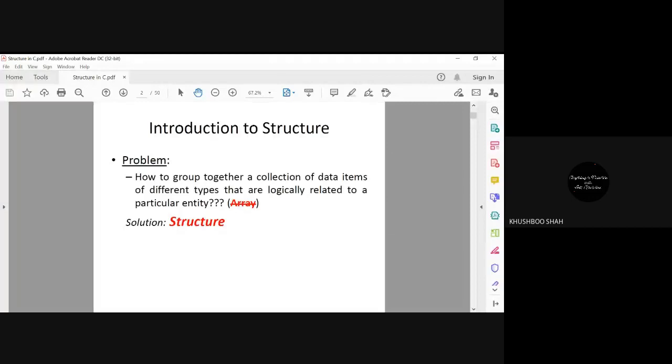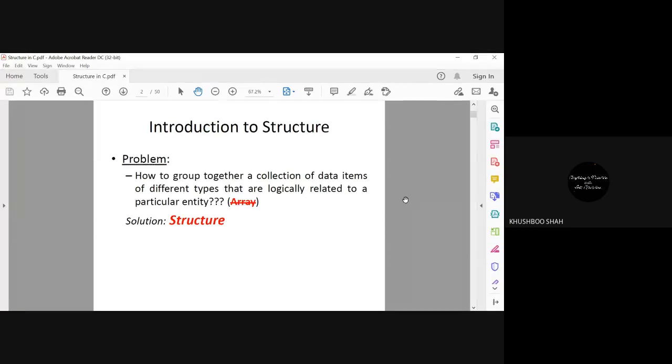Okay, can you see the screen, guys? Yes, ma'am. So the very first page is introduction to structure. We have already discussed the problem: how to group together a collection of data items of different types, right? How to store multiple types of data in memory. Here we cannot use an array. So what is the solution?